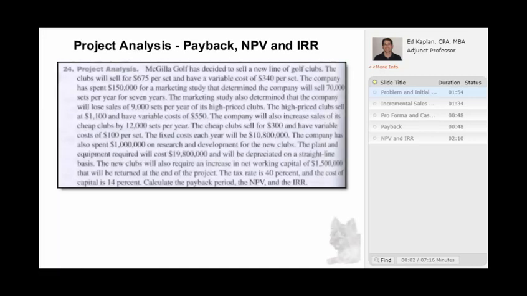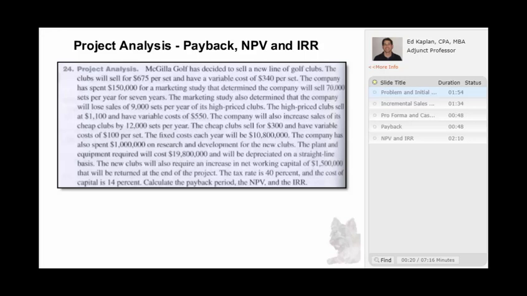McGilla Golf has decided to sell a new line of golf clubs. The clubs will sell for $665 per set and have a variable cost of $340 per set. The company has spent $150,000 for a marketing study that determined the company will sell 70,000 sets per year for